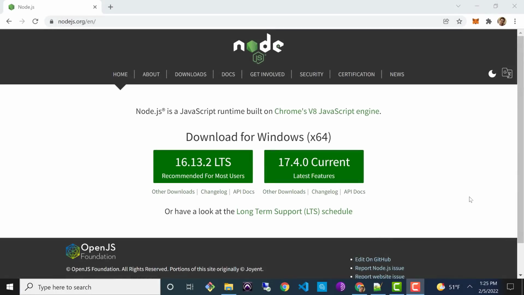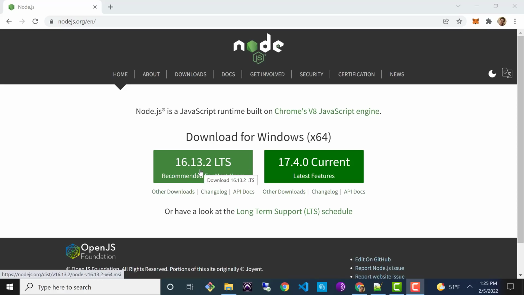Alright, so let's set up the basic structure for our front-end application. Now, the one prerequisite here is that you'll have to make sure that you have Node.js installed on your system. I recommend version 16 as that's the latest stable version at the time of this video. You could probably get away with 17 or even 14, but I'd suggest shooting for 16. So you can just download that for your particular system, and you may have to restart your machine before we